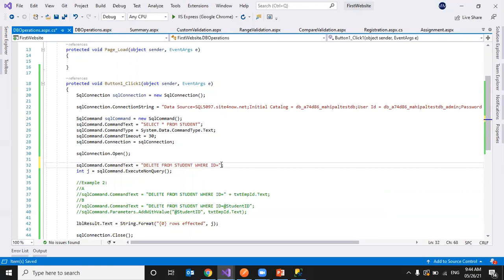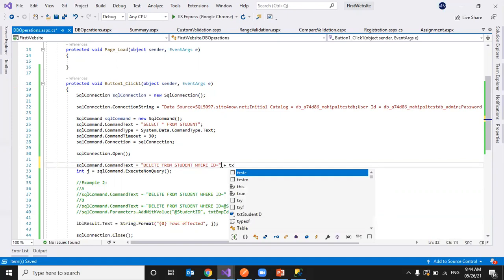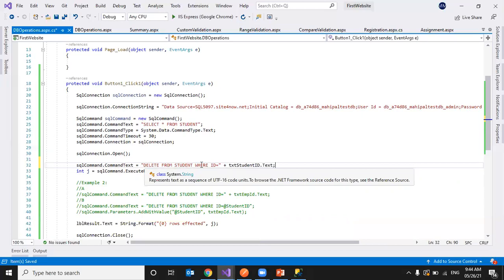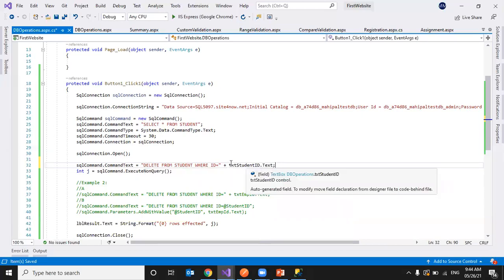As I'm getting it from the text box, I'll append that text here. What is my text box name? txtStudentID. The text property will hold the value that I entered. So I'm just passing that to the query here: delete from student where ID equal to, and passing that entered ID here.